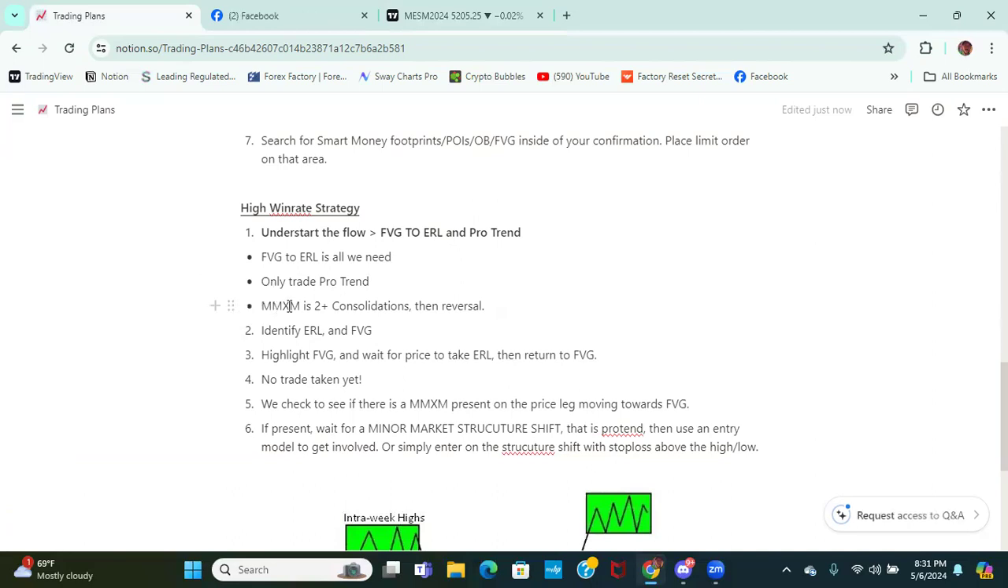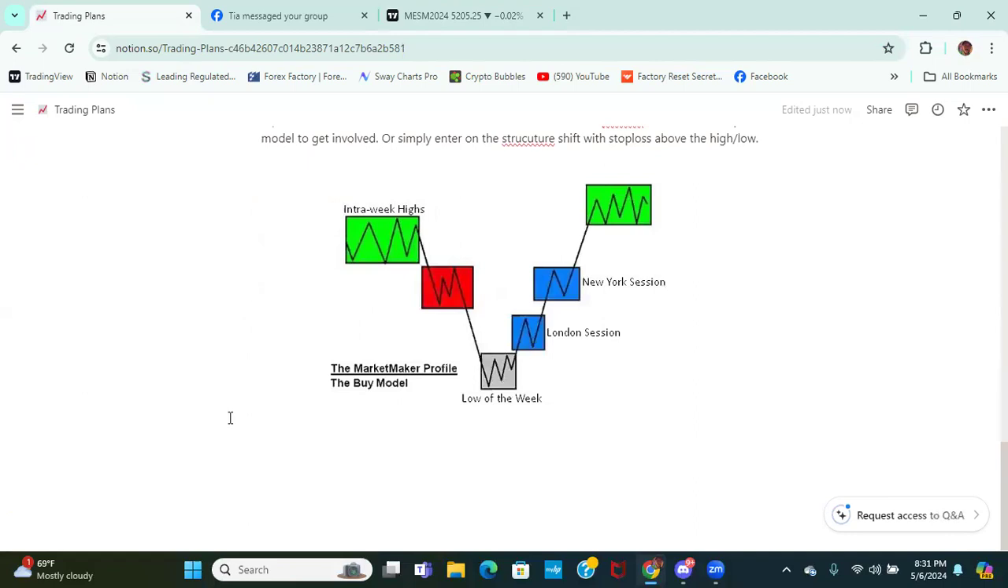And a market maker buy model is incorporated in this as well. That is a 2+ consolidation, then reversal. I'm going to come down here. I've also posted about this as well. This is a market maker buy model. Consolidation 1, consolidation 2, consolidation 3. And then when you see this, a lot of times the market will run through all of that liquidity. As soon as this trend becomes